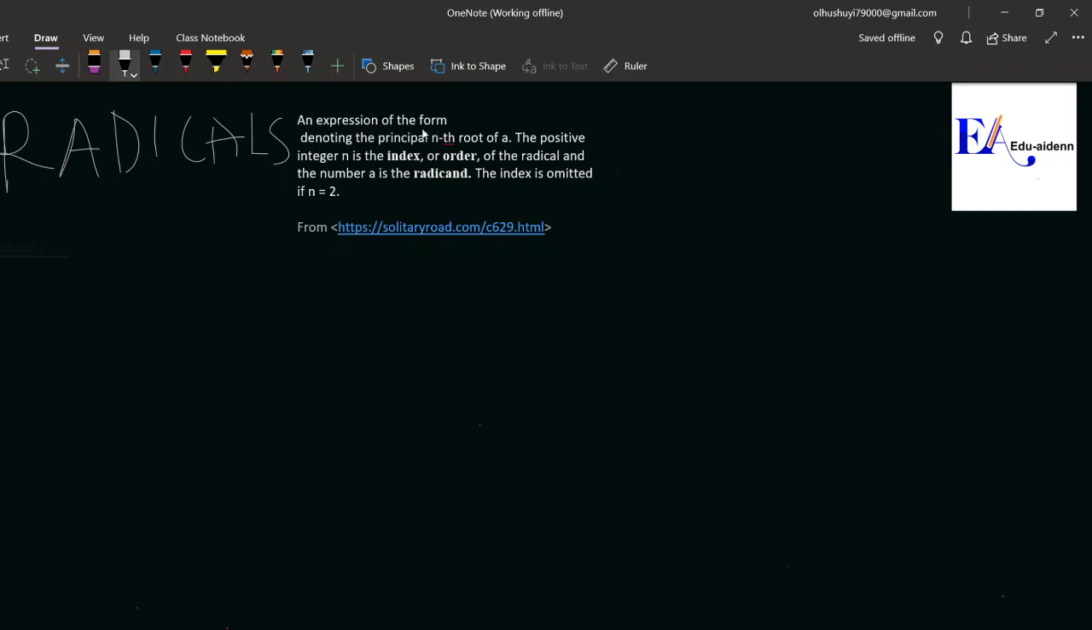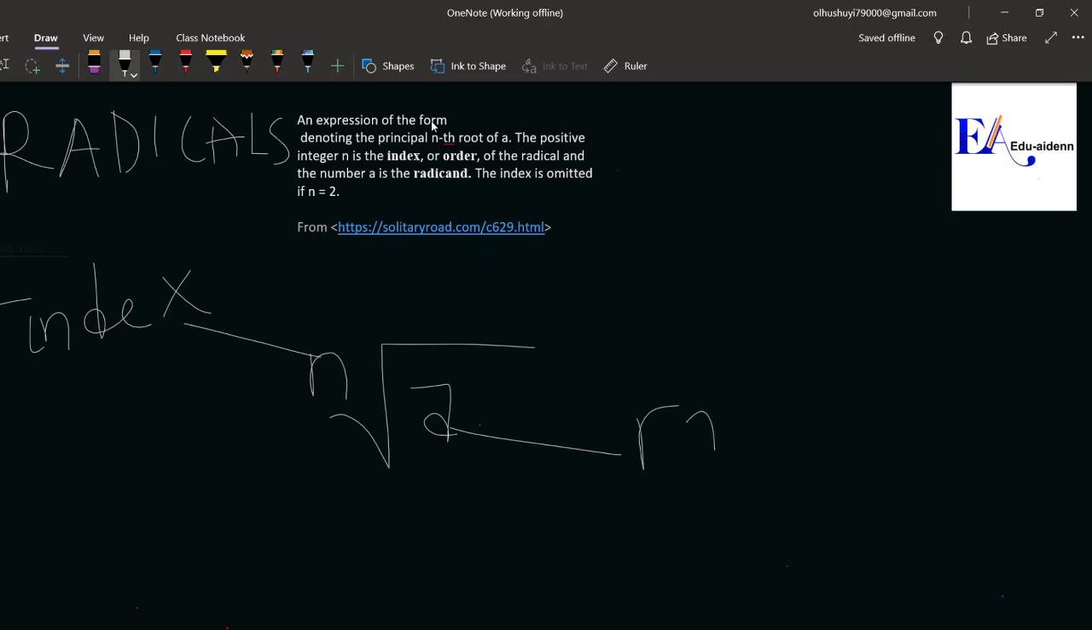An expression of the form denoting the principal nth root. Okay, of the form. Let me write the form. The form we have is this. Let me write something. This will be the index, while this will be the radicand. Are you getting that? So, having seen this,